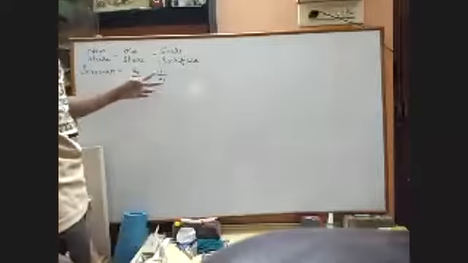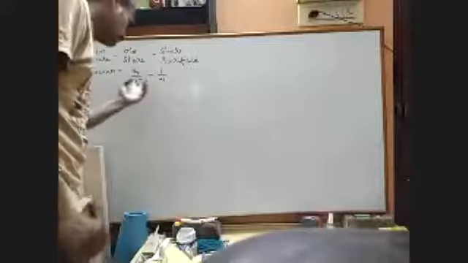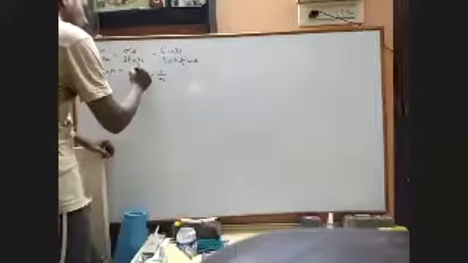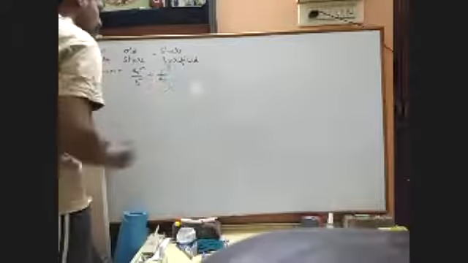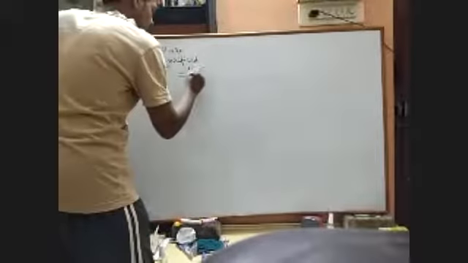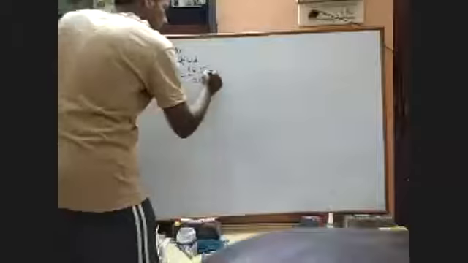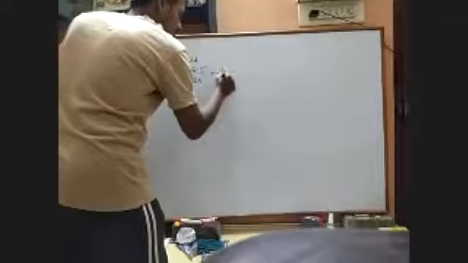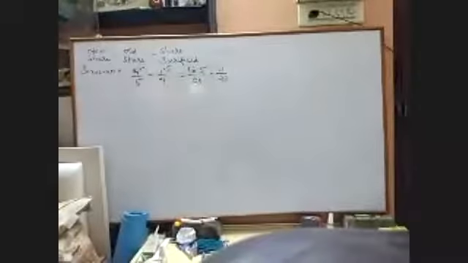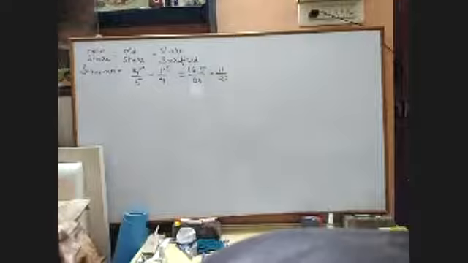Okay, is it understood? Parvati is admitted for 1/4 share, and the entire 1/4 share is given by Saraswati. So Saraswati's new share will be 4/5 minus 1/4. So the LCM of 5 and 4 is 20. This leads to 4 into 4, 16 minus 5, divided by 20, which leads to 11 divided by 20.